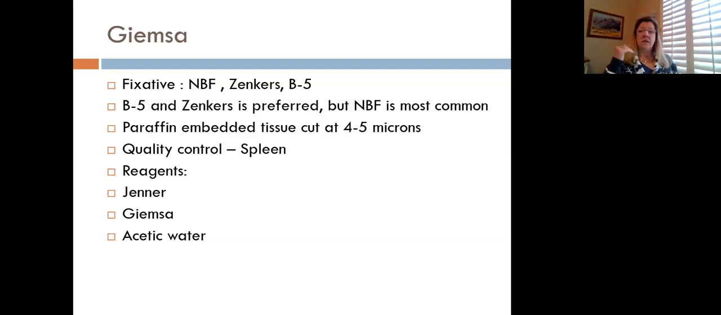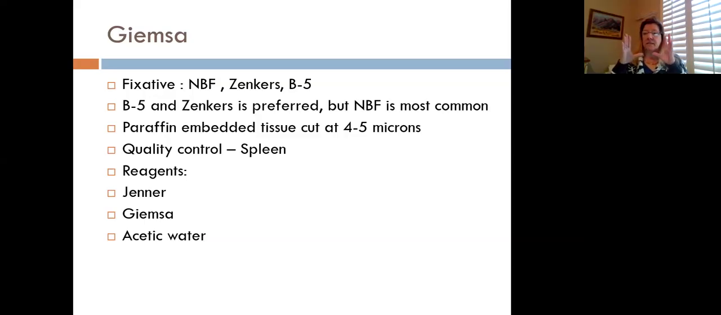Let's see, when we start talking about special stains, not only do you need to know the steps to the special stain itself, but you also need to know the function of each one of those steps. Okay. And it's fixative. And it's quality control. What that means is that